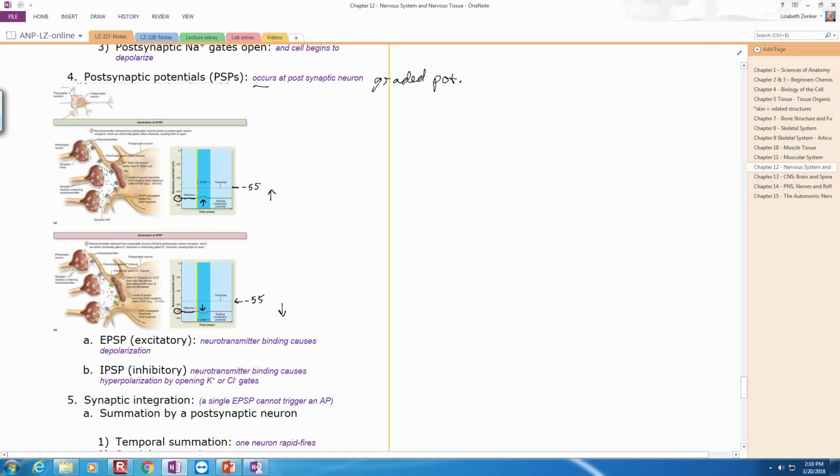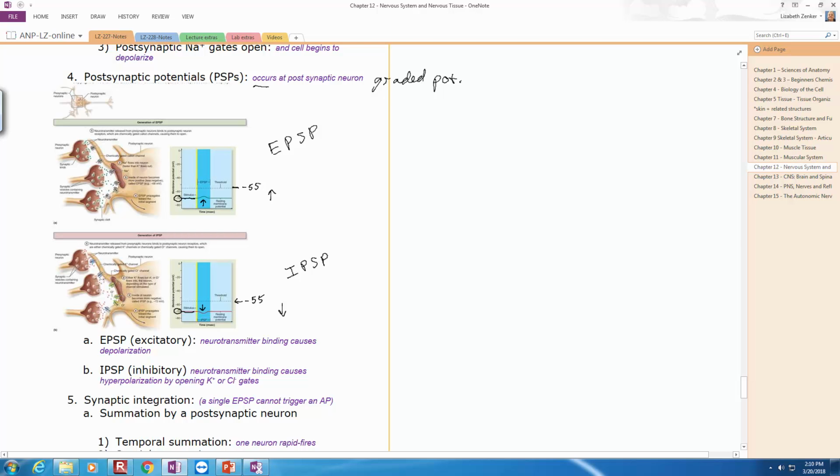These are graded potentials that bring you closer to threshold. They're called an EPSP, or excitatory postsynaptic potential. If you're going further from threshold, it's going to be called an IPSP, or inhibitory postsynaptic